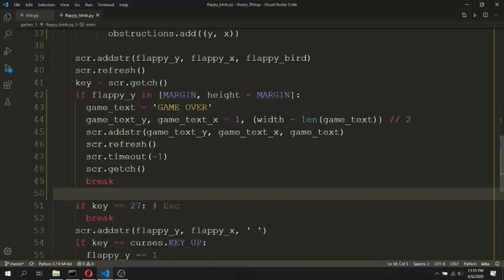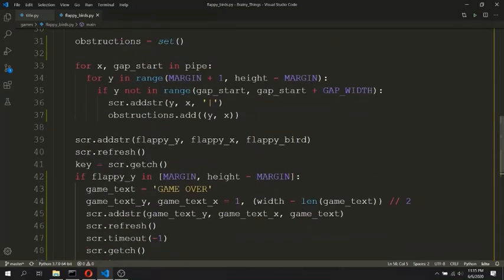Now let's start moving the pipe towards the Flappy Bird. For that, as we have seen in the last video, before moving any obstacles or character, we need to delete the previous character and then add the next character. So as we are moving the pipes to the left direction, we can add a space over here, so that when the pipe goes to the left, it will add a space to the right in its previous position. So this extra space will handle the deleting of the previous position of the pipes.